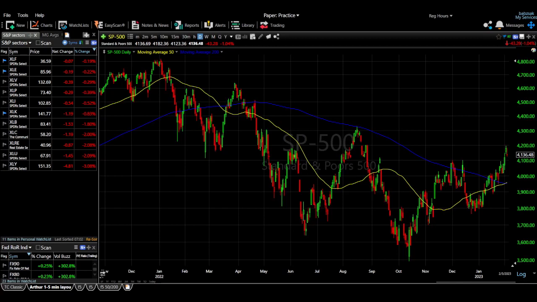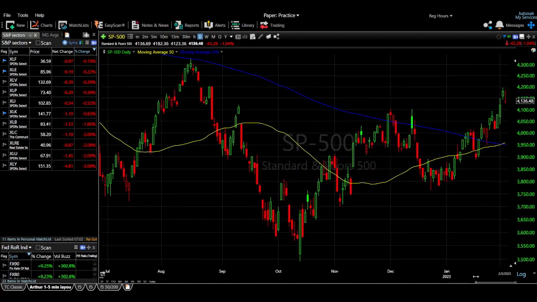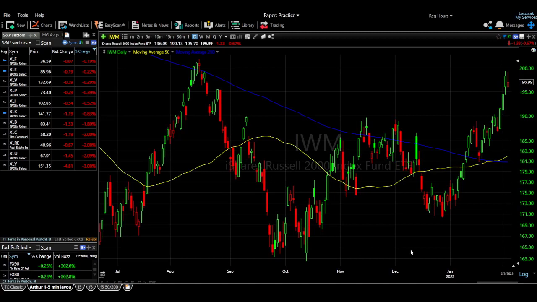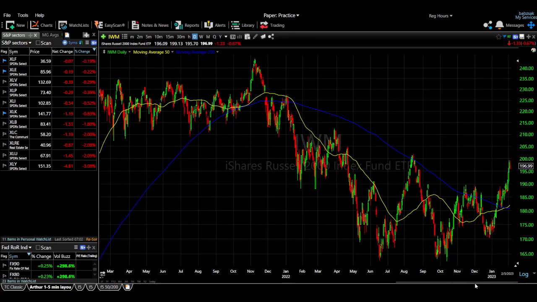First of all, we have a golden cross happening right here in the S&P 500, right? The 50 days crossing right above that 200-day. I hope you can see this. I can zoom in closer. So we got that in the S&P 500. We have the same thing in small caps, doing it right here. And if I back out a little bit, you can see,